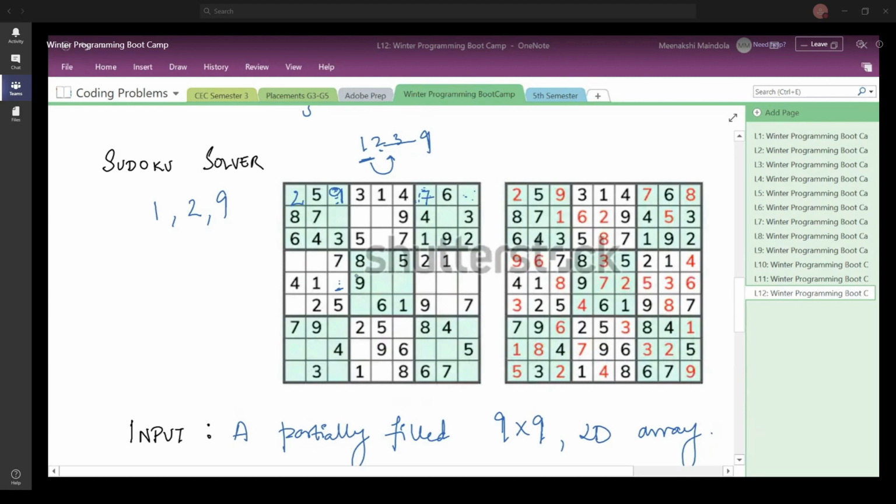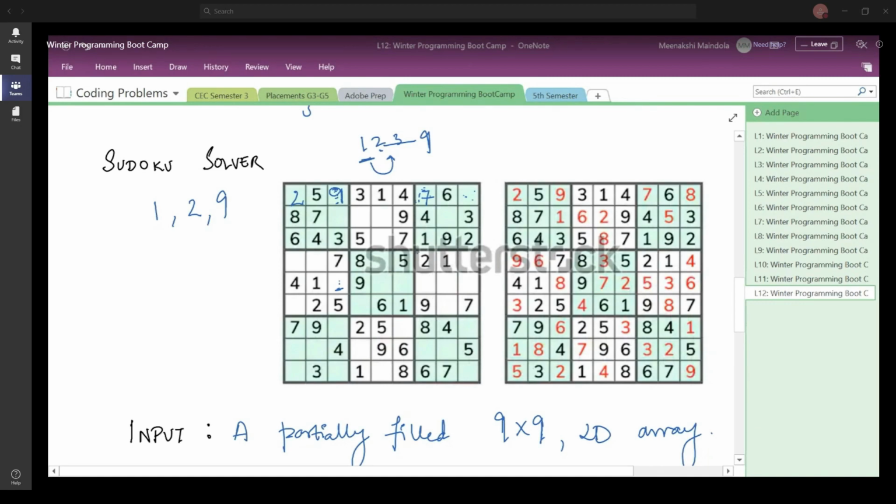position, you get stuck somewhere further ahead. At some point of time when you're filling, let us say, some other box, you will find out that at this particular box I cannot fill in any number from 1 to 9. For all of them, all digits from 1 to 9, it is going to be stuck because you will not be able to put in a particular number. If you have ever made a mistake in Sudoku, then this is what you might have encountered, that at a particular position you will not be able to fill in any number.